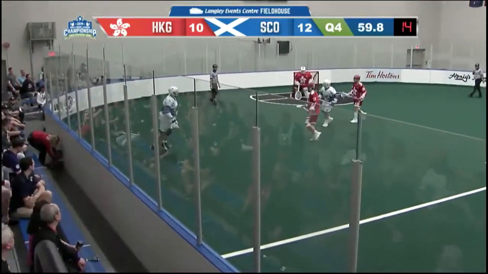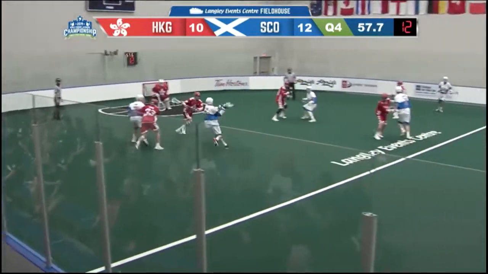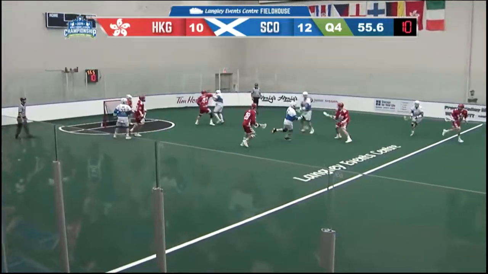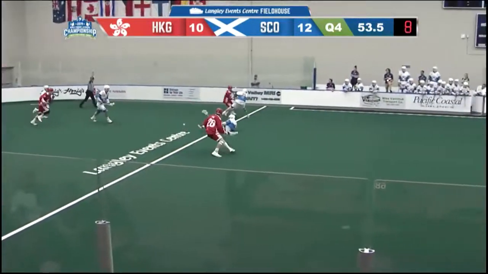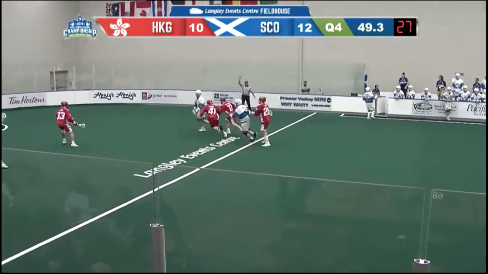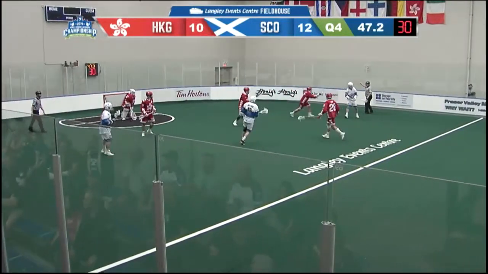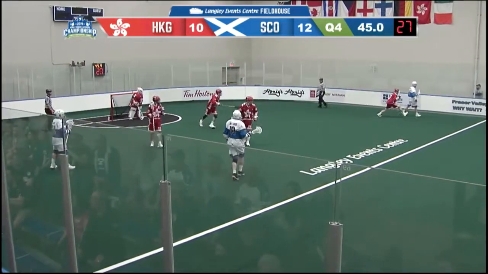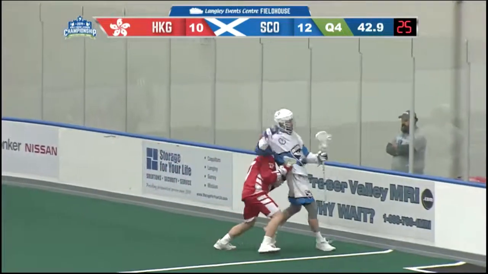Houghton with the goal. Final minute of this fourth quarter. Scotland battling for ball control in Hong Kong territory.